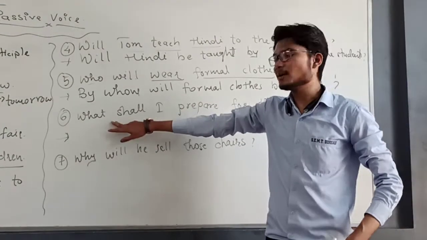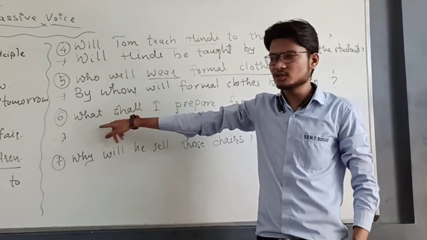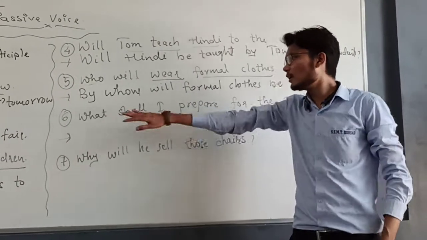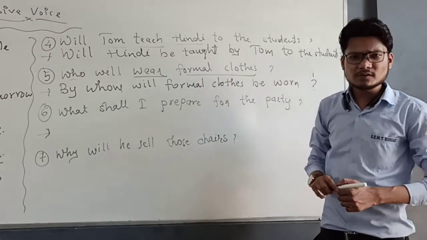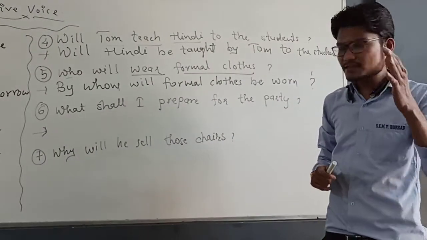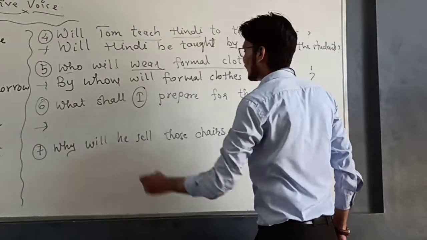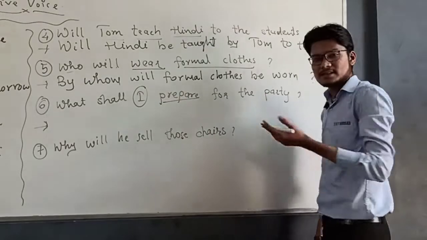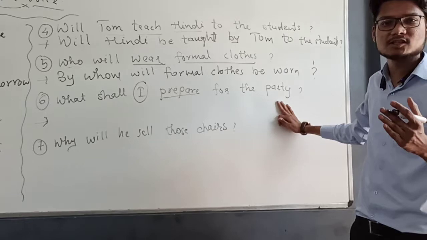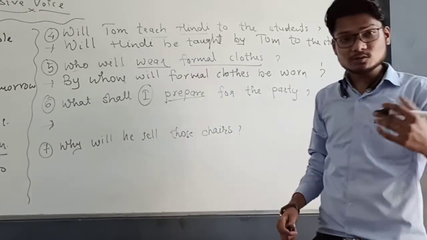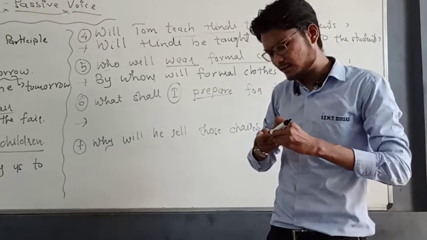Let us take another example. If your question is starting with "what", what do you have to do? See the example: What shall I prepare for the party? That is your sentence. Do the same thing: find the subject, verb and object. The subject is I. The verb is prepare. Is an object given here? No, "for the party" cannot be considered an object. So what to do? Let us discuss that. It is quite easy.